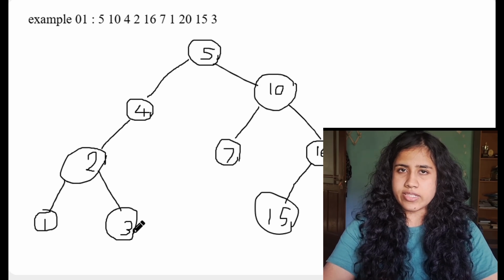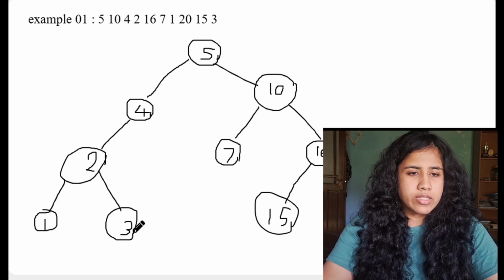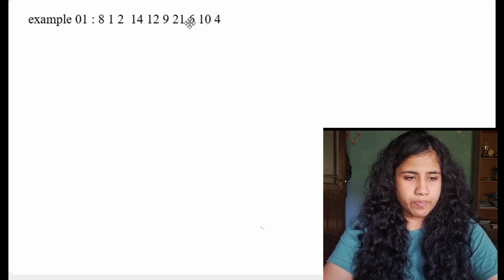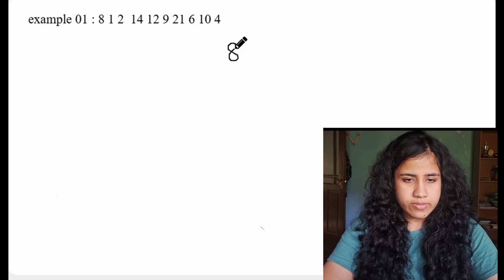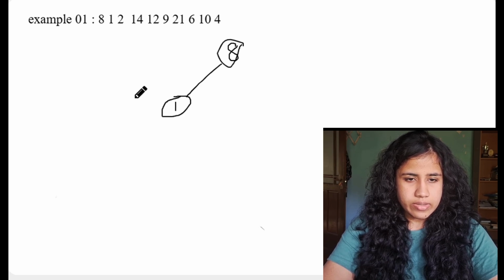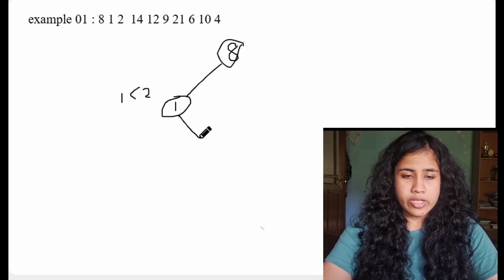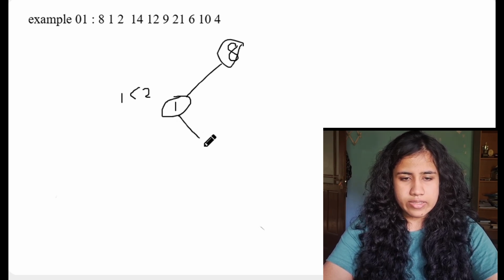So we'll take another example. So here we have 8, 1, 2, 14, 12, 9, 21, 6, 10, 4. So we'll start from here, 8, the first value, then 1 goes to this side since it's less than 8. So 2, it is greater than 1, so it goes to the right side and it becomes the right child of 1, 2, then 14, it goes to here,